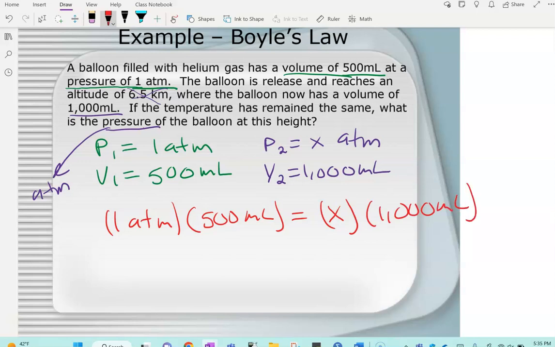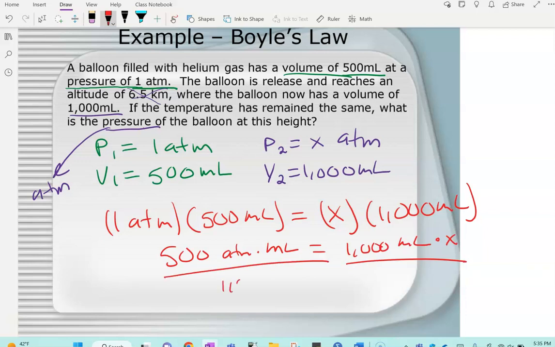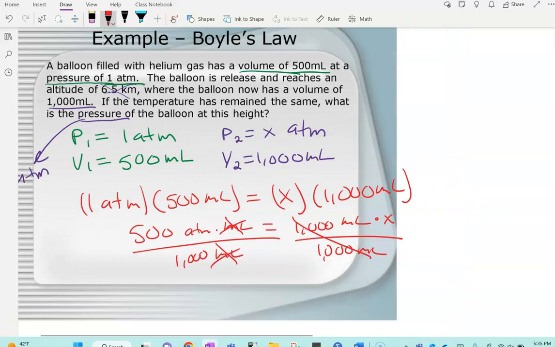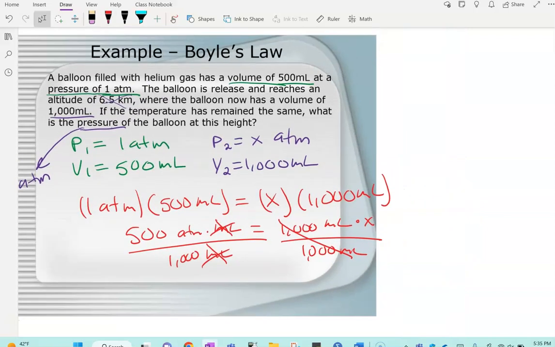So if I multiply these two together, that would be 500 ATM in milliliters equals 1,000 milliliters times x. I'm going to divide each side by 1,000 milliliters to get the x by itself. So that's how these units will cancel out. So I have 500 divided by 1,000, so my x is 0.5